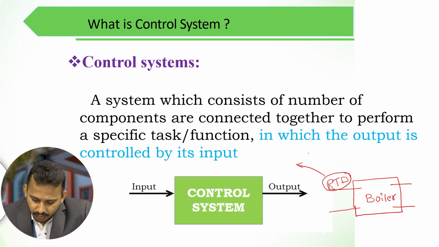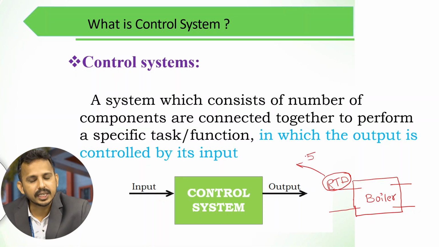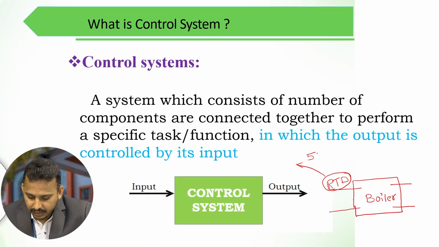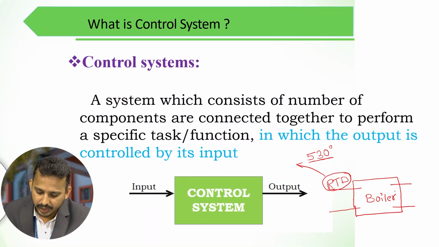Suppose the required temperature for generating a steam pressure of 13.8 megapascal is, let us take, 530 degrees. So once the required temperature is reached, then we have to control the boiler temperature by feeding the